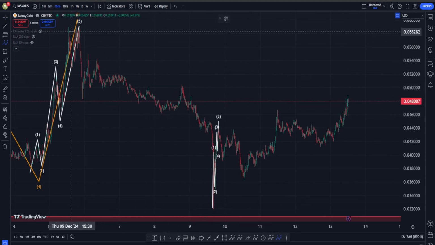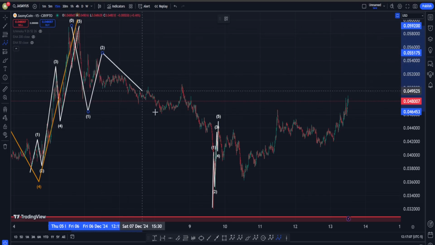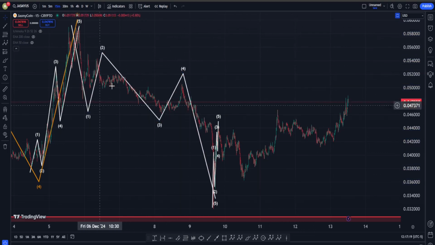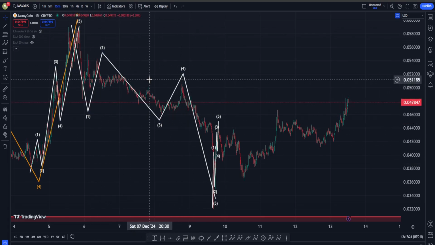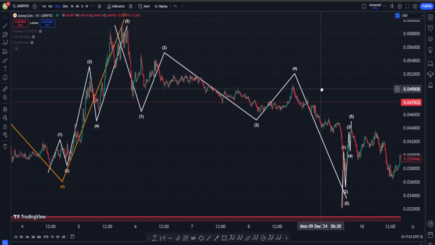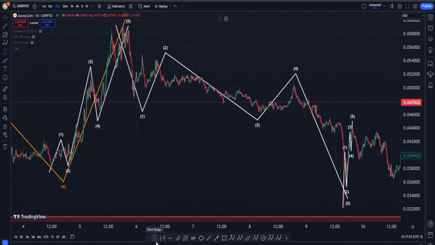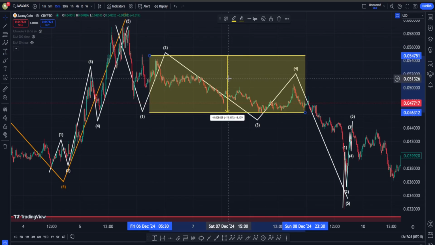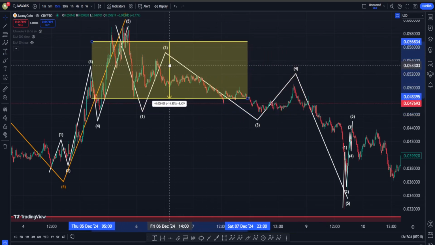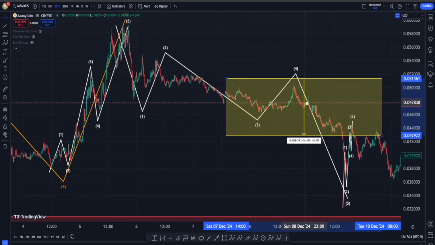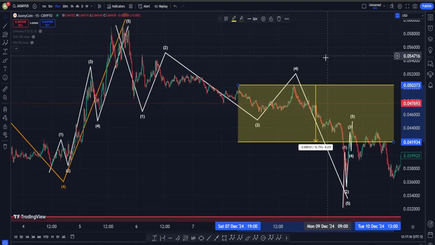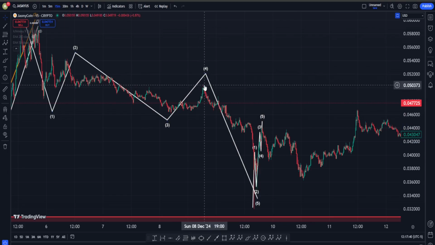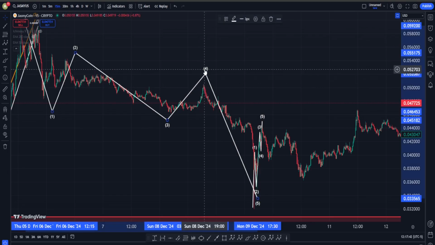Are you going to say that this is a 1, this is a 2, this is a wave 3, correction for 4, another move down into wave 5? Then okay. If you want to say that we're going to have something like this, well, is wave 3 the smallest wave in this region or not? Let's measure it from this point to about here. Is it smaller than our wave 1? The answer is absolutely yes. Is it also smaller than wave 5? Definitely. So that's why, again, we want to say taking this high in Jasmy Coin matters a lot